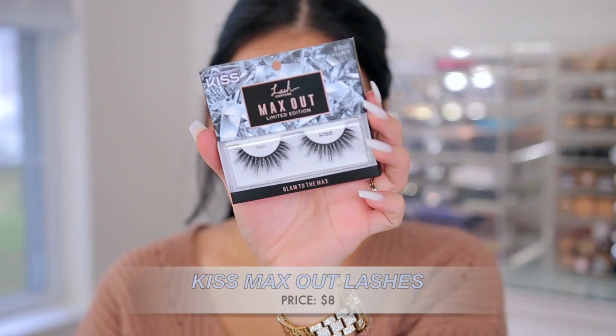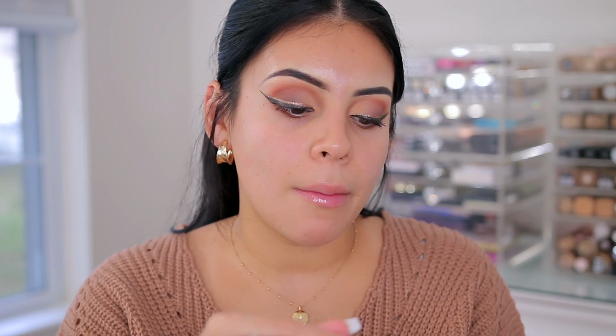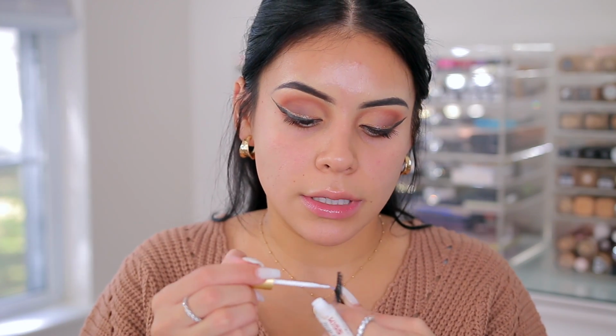For lashes today, I have these Kiss Max Out limited edition lashes in the style Glam. I feel like they are, again, perfect with this look. I have really been loving the Max Out limited edition collection from them. I love the lashes in the style Love. They're really pretty. So let's put some lash glue on these and then we're gonna move into the skin